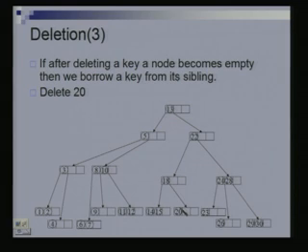Suppose I am trying to delete 20. So I search for 20, I come down in this manner. I reach here. Now if I delete 20, so 20 is removed. The problem is this is an empty node, not permitted. What will I do? Borrow from sibling. What does borrow from sibling mean? Well, this guy has only one sibling. Can I borrow 15 from here to here? No, disaster, because the search property is not going to be valid. So we are going to do something like a rotation, like we did in an AVL tree. What does that mean? 15 goes up and 18 comes down.